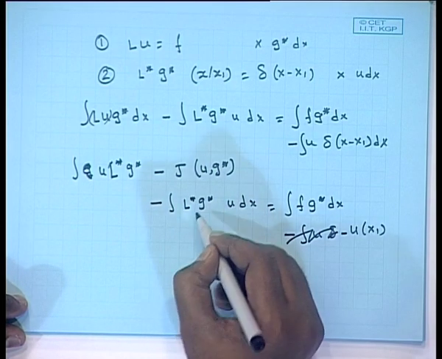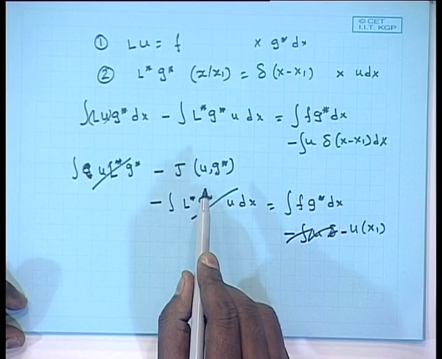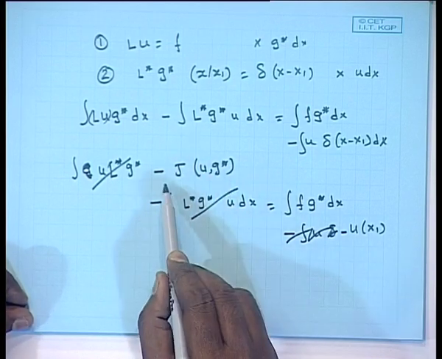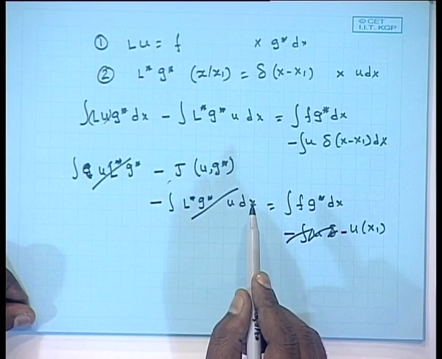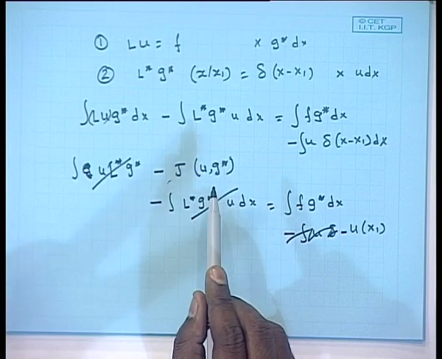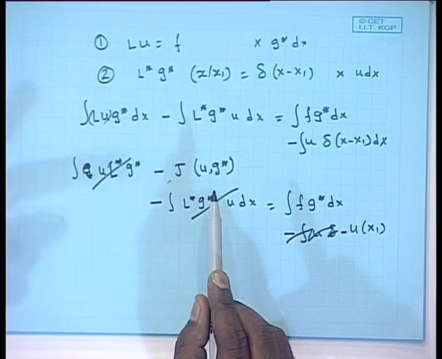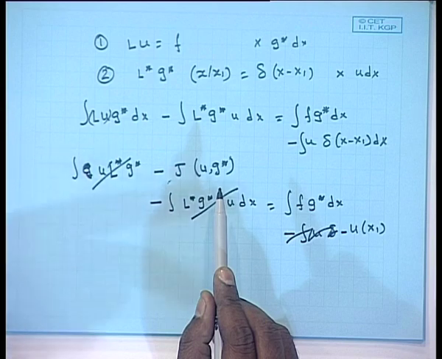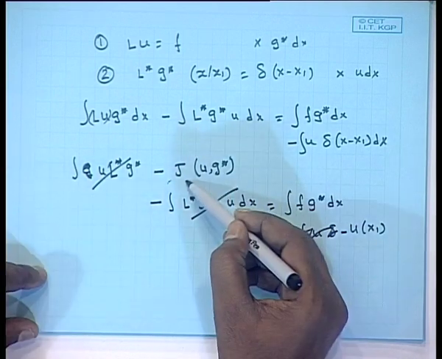Okay. Now, these two are identical. If the boundary conditions on U and G star are homogeneous, then this whole bilinear concomitant will vanish. If the boundary conditions on U are non-homogeneous, let us say there are two boundaries, at least one of them is non-homogeneous, one term will be remaining, that will be based on the non-homogeneous term. Otherwise, if all the terms are homogeneous for U and G star, then these will vanish.